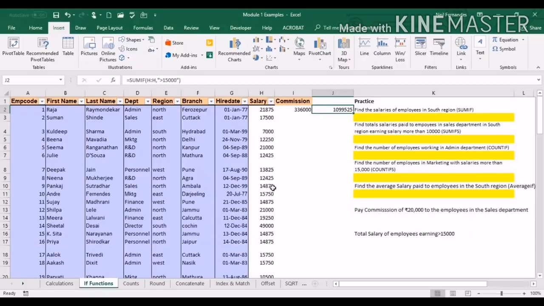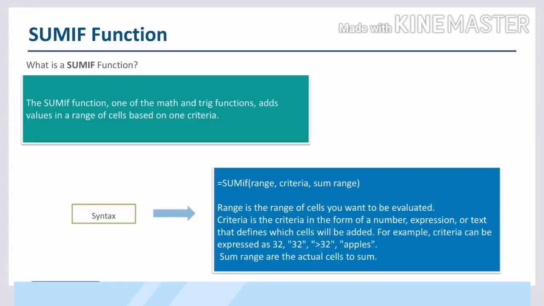Just to summarize, SUMIF function will give you the total of any cell reference or cell range where a criteria is met. Okay. Let's see what is the next formula or function that we have on our list, which is the SUMIFS function. What is the SUMIFS function? Again, just like the SUMIF function, SUMIFS function is the function to sum cells that meet multiple criterias.